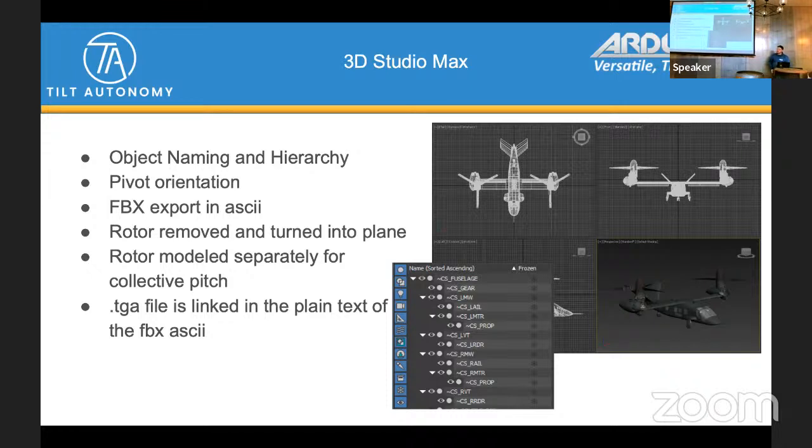The TGA files. In my development environment, typically I have real flight on another machine, and it took me a while to figure out why it wasn't importing correctly. That's because the visual texture file, the TGA file, when it gets generated by 3D Studio Max, is hard linked on the folder structure that you have on the computer that you're doing the 3D Studio Max in. So if you're bringing that file across to another machine, you can simply rename the directory manually in a text editor or whatever.